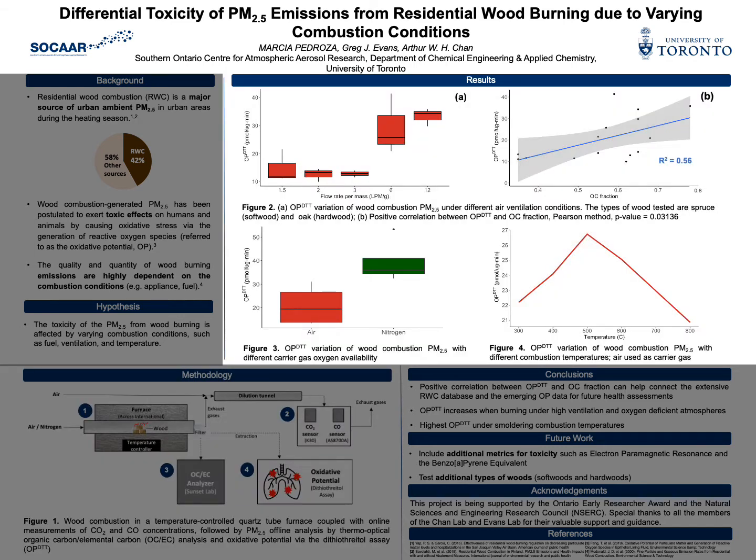Let's now move our attention to the results section, please. First of all, I would like to mention that the ventilation variation can affect the combustion in two different ways. First, the amount of oxygen available for the combustion depends on the ventilation air, of course, and secondly, this same flow can have a quote-unquote cooling effect on the overall combustion process. Thus, more air can both provide more oxygen, but can also decrease the overall combustion temperature.